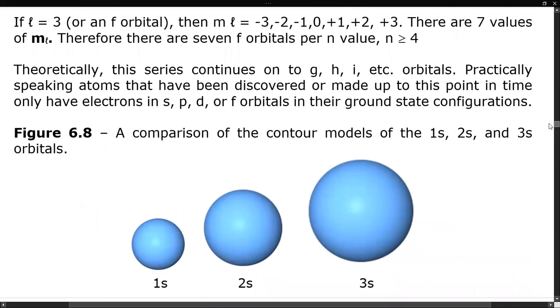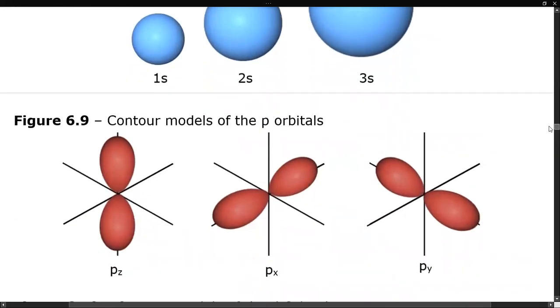So s orbitals tend to be spherically symmetric, but they get bigger per value of n. Be familiar with the shape of the orbitals. Be able to pick them out of a lineup, I would say. P orbitals, they say they are kind of dumbbell shaped, but to me they almost look like a figure 8 or more like a peanut or something. But there's a node in the middle, meaning an area of 0 probability.